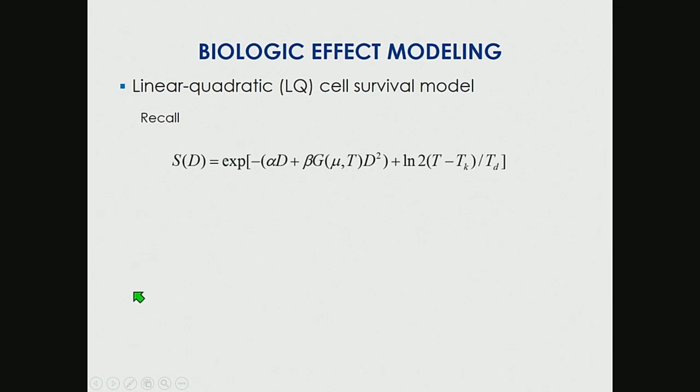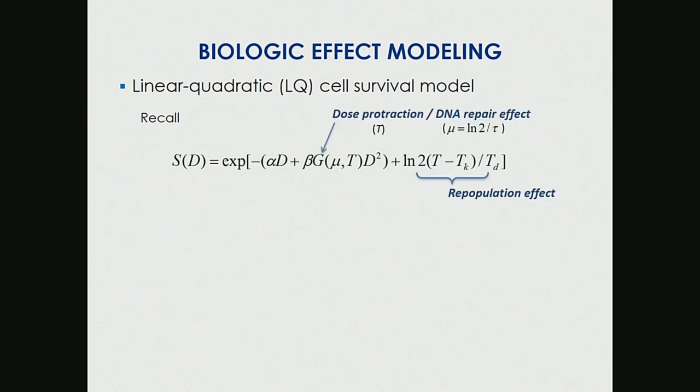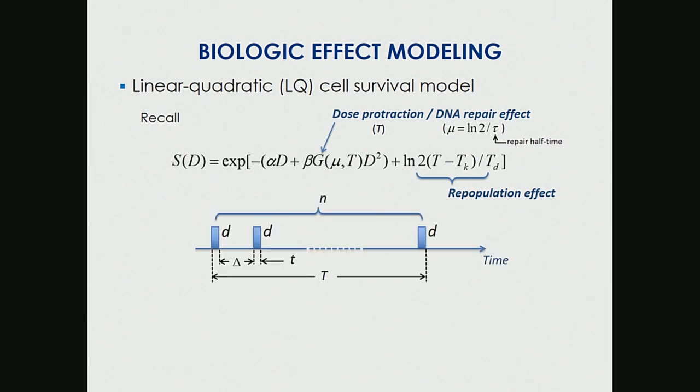As discussed on Sunday, cell survival has been used as a convenient surrogate for the biological effect of radiation, and the linear quadratic model is one of the models used in clinical studies. In this model, you can incorporate cell proliferation, DNA damage repair, and the effect of dose protraction in a simple formalism. For HDR brachytherapy, the time separation between the fractions is 6 hours or more,